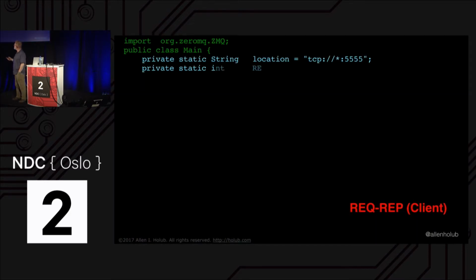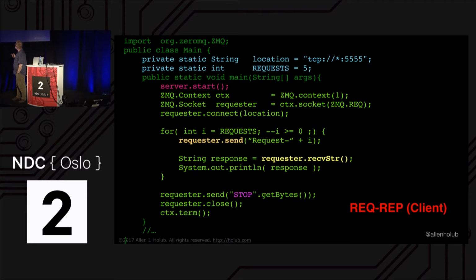If we look at the code for this, I'm going to skip through some of it. But the basic idea, and this is the way ZeroMQ works pretty much everywhere, and this is Java, but the C# APIs look almost exactly the same. In this case, I am implementing the client and the server on separate threads, so I'm going to start up the server with just a call that's going to start the server thread running. This is the ZMQ stuff. You create a context. You ask for a socket. In this case, it's a request socket, so you have a request socket talking to a reply socket. You might also have a publish socket talking to a subscriber socket. There's a push socket that you can talk to a pull socket, and so on and so forth.